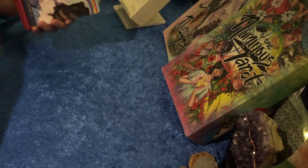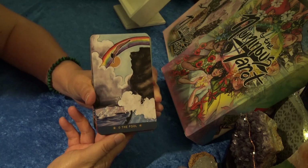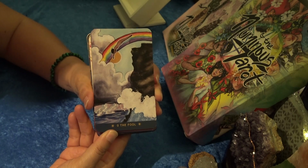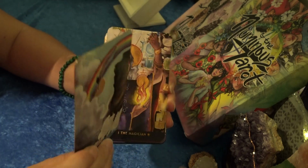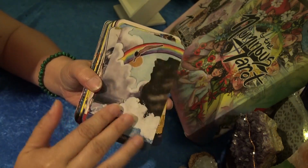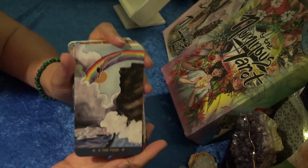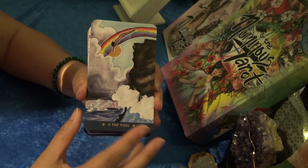Okay, so let's take a look at the cards. We have the Fool. And they feel really nice. They're laminated, but they're smooth. They're a little on the slippery side, but not too slippery. So they feel very smooth. I like the feel of them. I really like the energy of the deck. So the Fool,